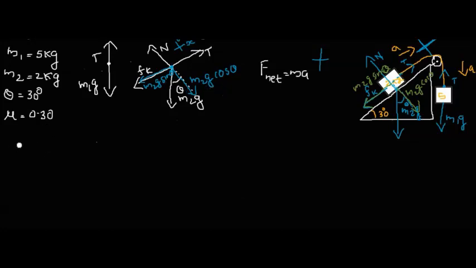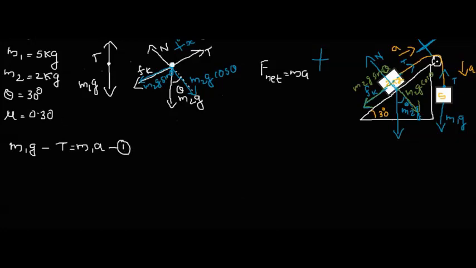Okay, so for the first object, if we are applying that, the object is having forces only along the vertical direction, and since the object is having acceleration along the downward direction, we are writing the net force as m1g minus T is equal to m1 into a. I told you, since the string is ideal, the acceleration will be same for both the objects. That's why instead of specifying m1 or m2, simply we are writing a. A will be same for both m1 and m2. So let this be equation number 1.